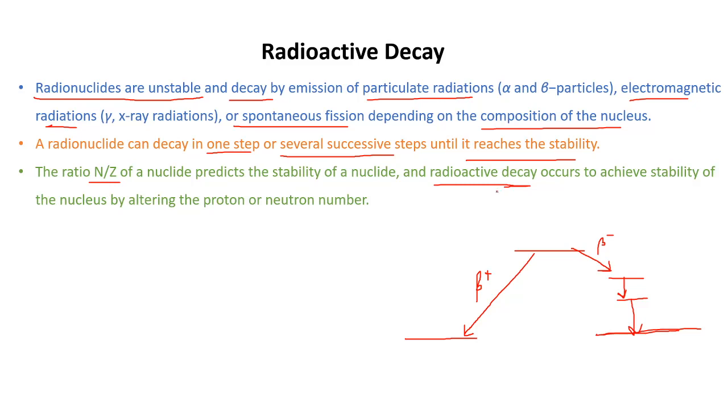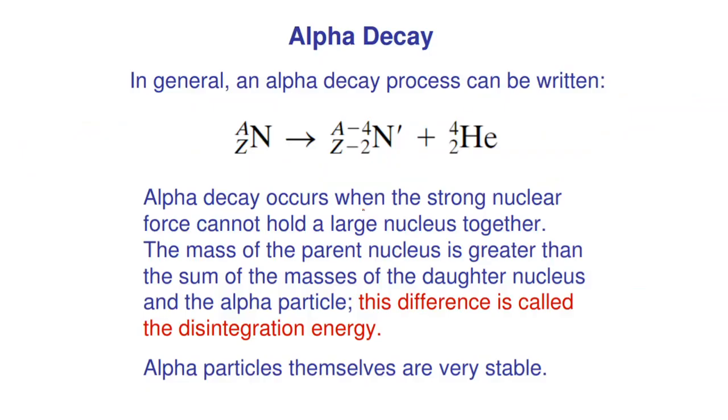And how does it do that? Basically, it does so by altering the proton or neutron number. That's the basic idea behind it: to change the proton and neutron number and optimize in such a way that the nucleus becomes more stable. Fine. So the first decay process which we are going to study is a simple one, which is alpha